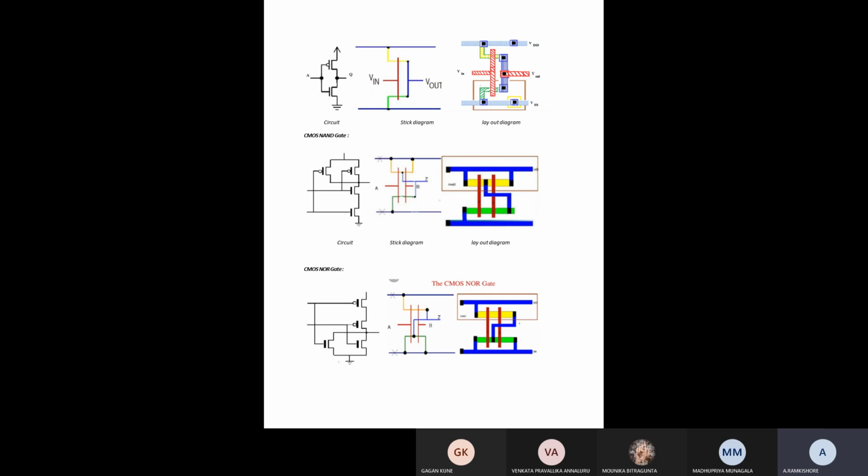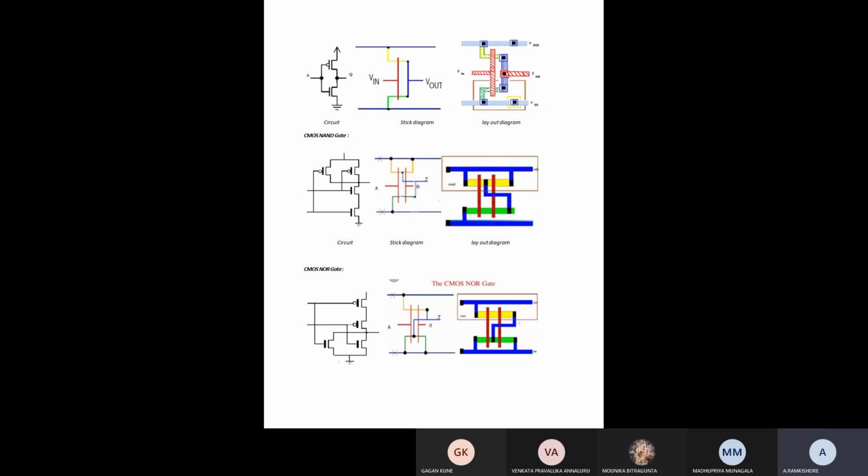first of all, you have to draw a transistor level diagram. After that, you have to draw a stick diagram. After that, you have to draw a layout diagram. Then only you will get the full marks for the design. If you draw it simply by heart without the transistor or stick diagram, you won't get the full marks for that question. The layout diagram is an extension of the stick diagram with proper scaling values.